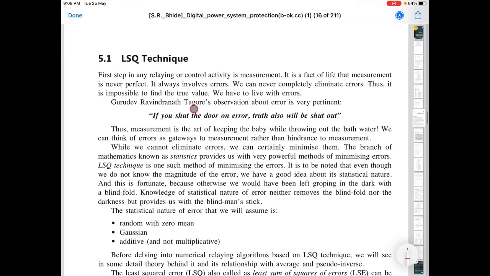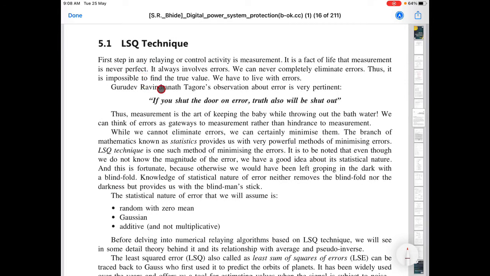Now the LSQ technique is this. Before applying the algorithm, you actually measure some quantities, right? Voltage, current. Yes, we have seen I1 of k, or I of k1, I of k2, something like that in the algorithms. Voltage and current are the measurements. Current is measured from the CT and voltage is measured from the PT, correct? Whatever you measure, you always know that there will be error. You cannot have a perfect measurement.